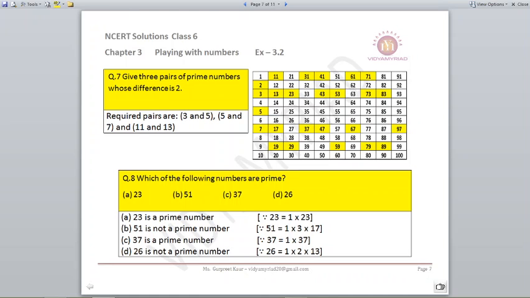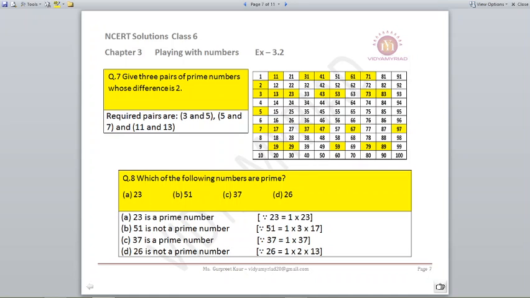Now for example 23. If you look at the box, 23 is yellow marked. It's a prime number. Then also I can think of dividing it. I will try to make its factors. The factors are 1 multiplied by 23. So that becomes a prime number: the number itself and 1. If they are the only factors, then it's a prime number. 51: I know 51 goes in the table of 17, or 51 is divisible by 3. So that means we can form more than 2 factors.